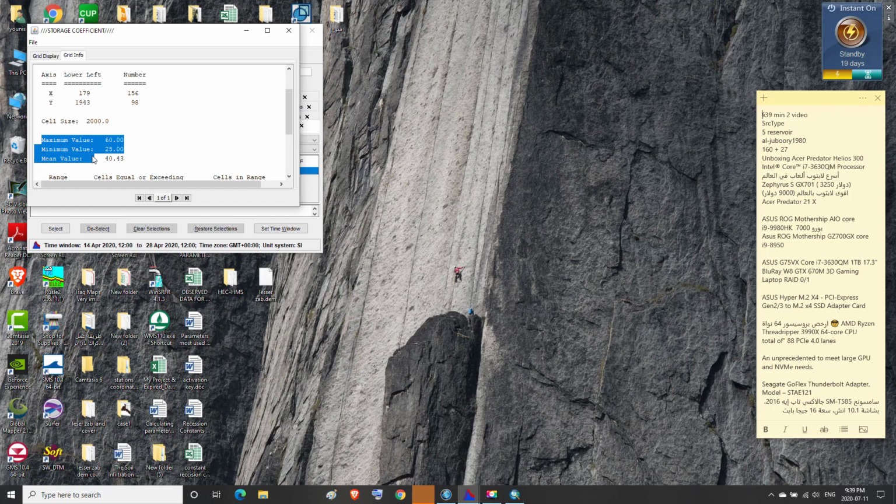So we created the HEC-DSS file for the GW1 coefficient parameter that can be used when executing the project in the HEC-HMS program.